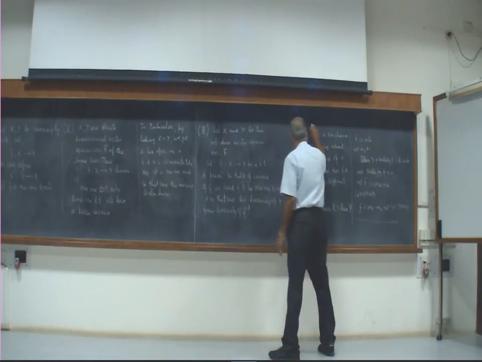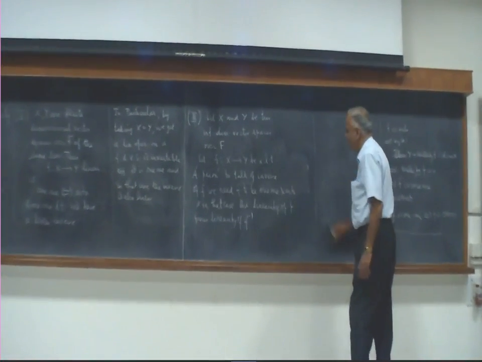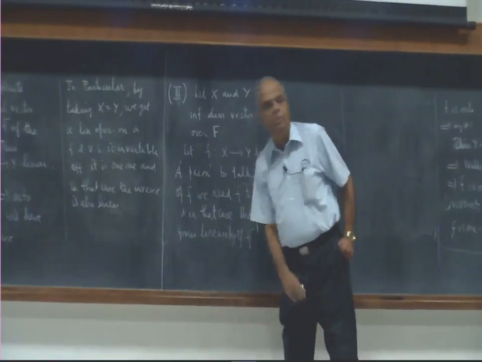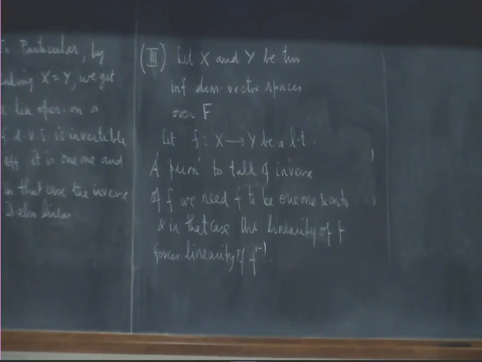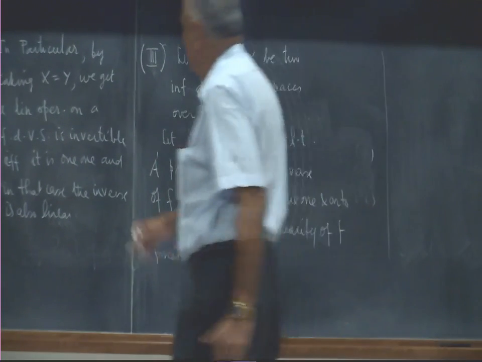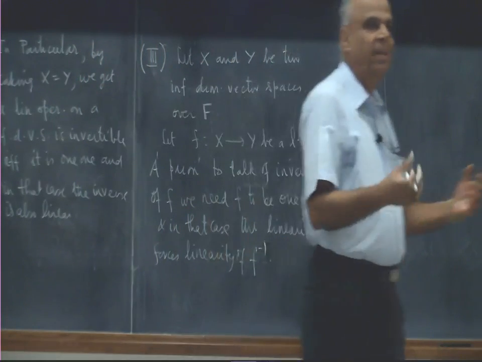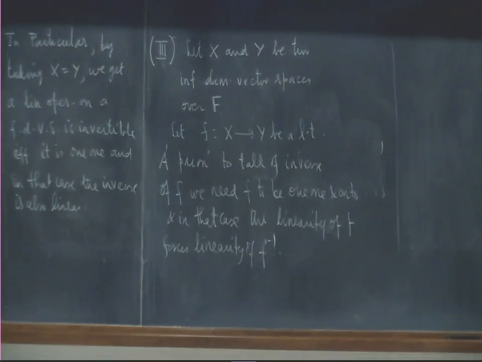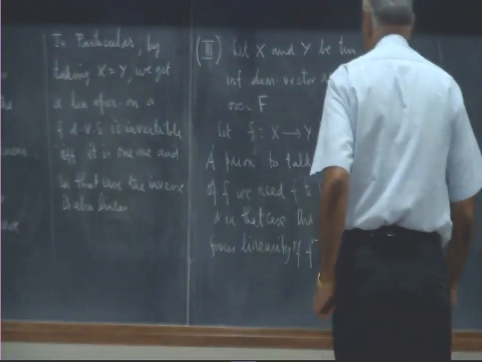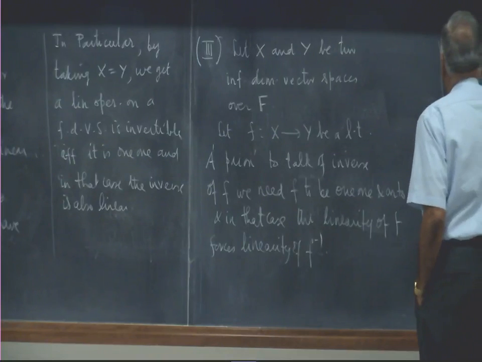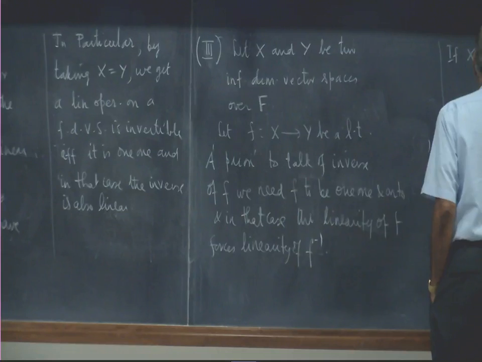Okay. But however, will something like this hold? That is, if the dimensions are the same, will 1-1 then mean onto? In particular, for example, if I take x equal to y, definitely the dimensions are the same, the spaces are the same. Will 1-1 mean onto? So therefore, let us look at this. So if x and y have the same dimension,